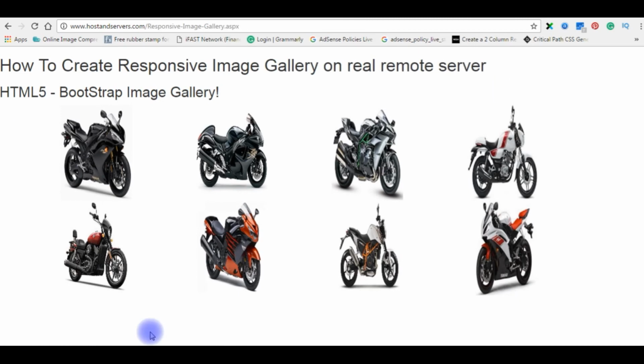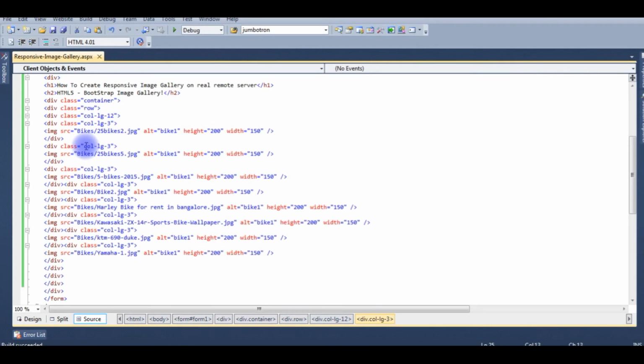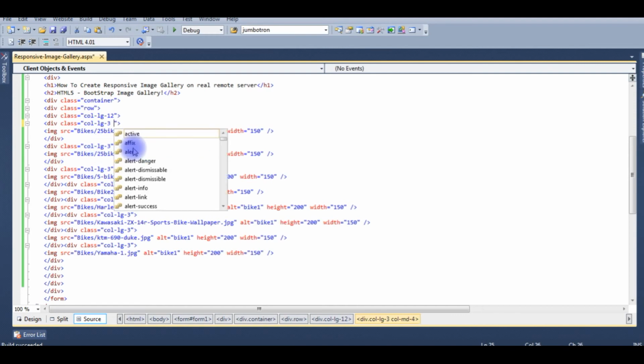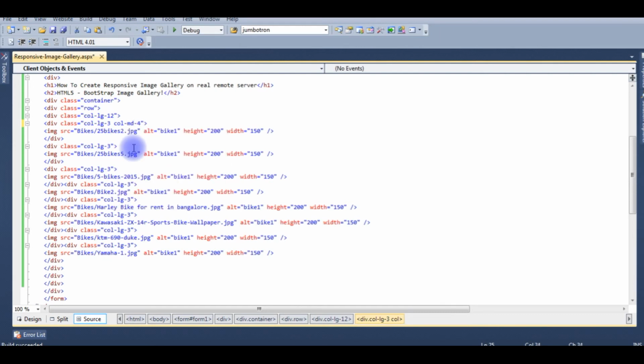Here it is, the output now. Now if you check in the code, we just set col-lg-3, only large devices we have set. Medium devices col-md, I need 4. So 4 into 3 is 12, which means it will display 3 images on medium devices.